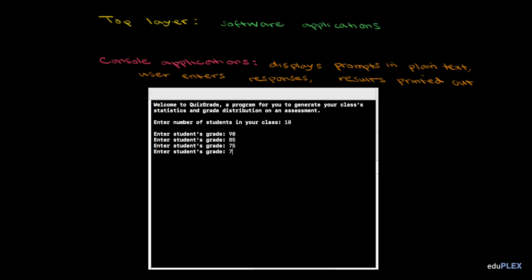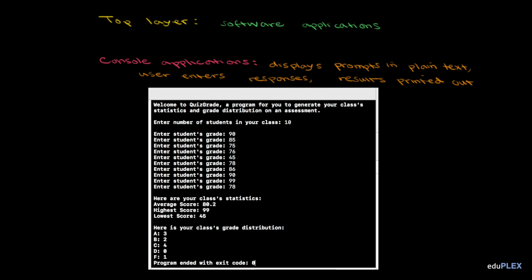Maybe we had a couple C's. Maybe a kid slept through half the test and got a 45. Let's just add in a couple more good scores. Maybe someone studied really hard and got 99. And a couple more C's. And there we go. So once we have all 10 of our grades put in, it automatically gives us our